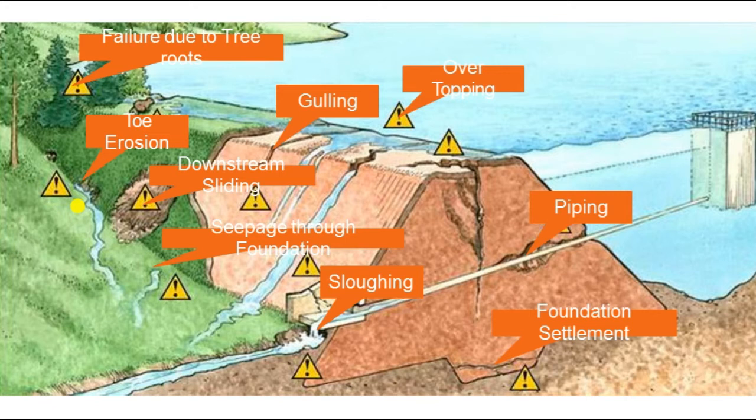Next is the frost action. We know that when water freezes, its density is higher, or its volume becomes higher at 4 degrees centigrade, and when it converts to frost, its volume decreases by 20 to 30%, and then when it converts back into water, its volume is reduced further. So this may create capillary passages in our embankment section, and this creates cracks, shear cracks, and different types of cracks are formed.